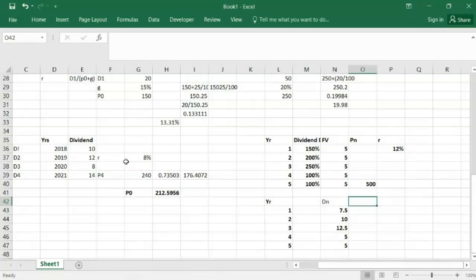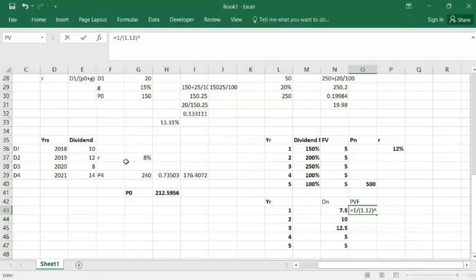I'm going to calculate the discount rate or the present value factor. The present value factor is calculated at the rate of 12%. It is given in the problem. So it is calculated 1 divided by 1.12. It means 1 plus r to the power n. 1 plus 12 divided by 100. It is 1 plus 0.12. It is 1.12 to the power